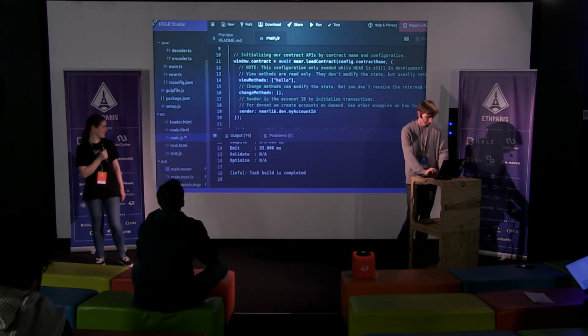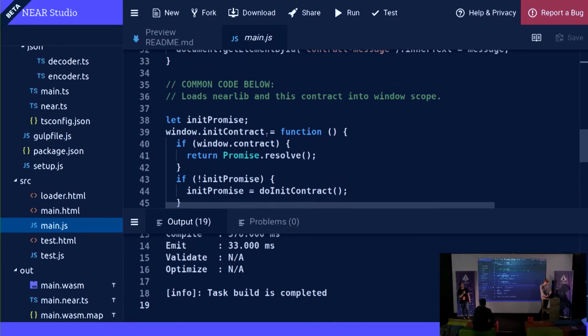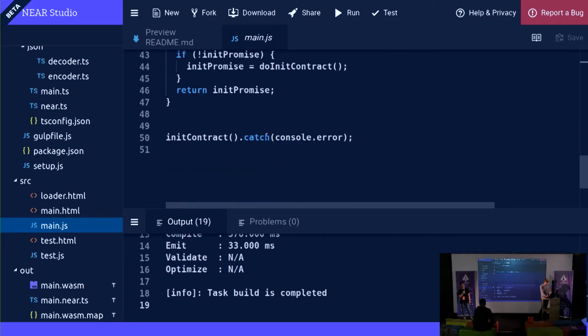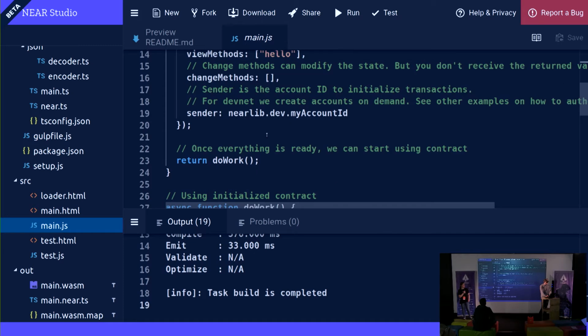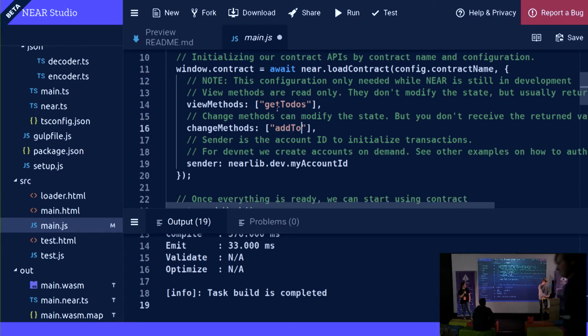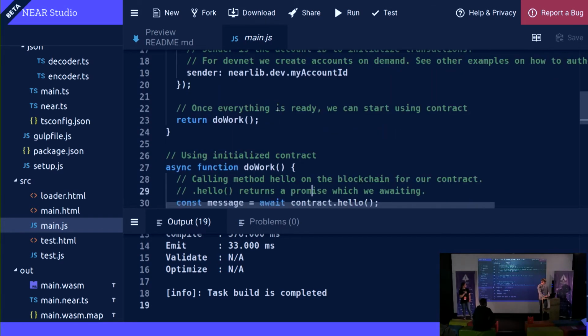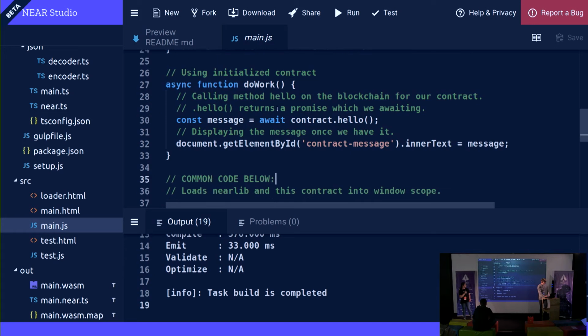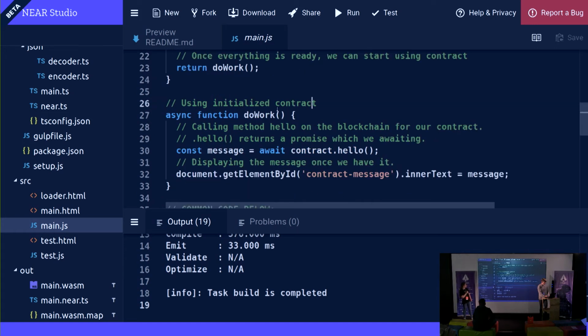And the front end is part of the package, so you can very quickly build some sort of a front end. Again, this boilerplate code instantiates the contract, and you say which methods you want exposed. Then there's only one div.